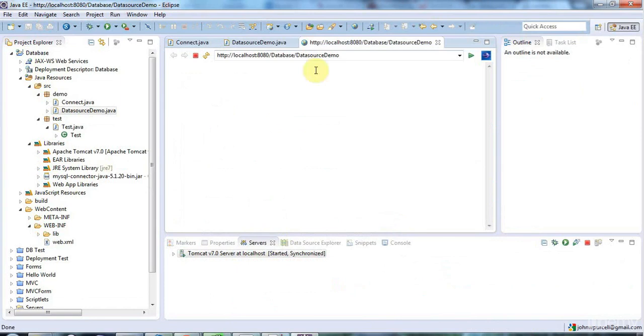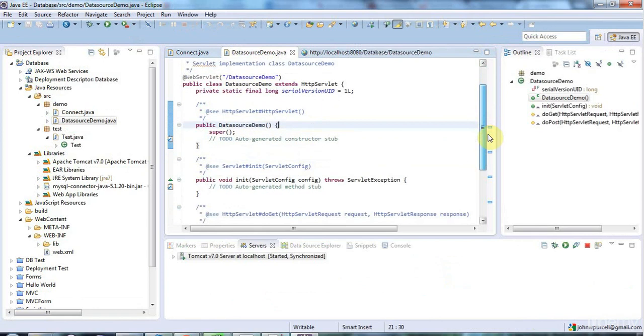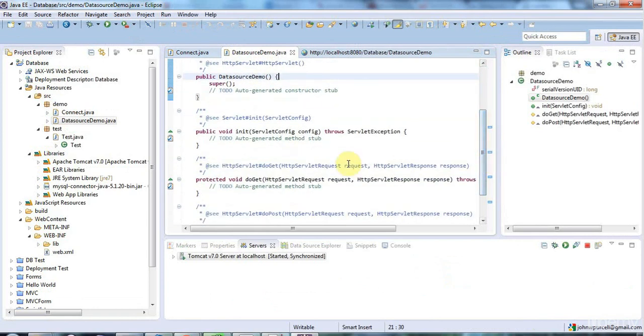There we go, it's a nice blank servlet. I always like to check that because you never know that something's got misconfigured, and it's good to find it out at the start. And now when you add a JNDI data source, you basically configure that as a data source. A data source is a thing that you can get a database connection from,